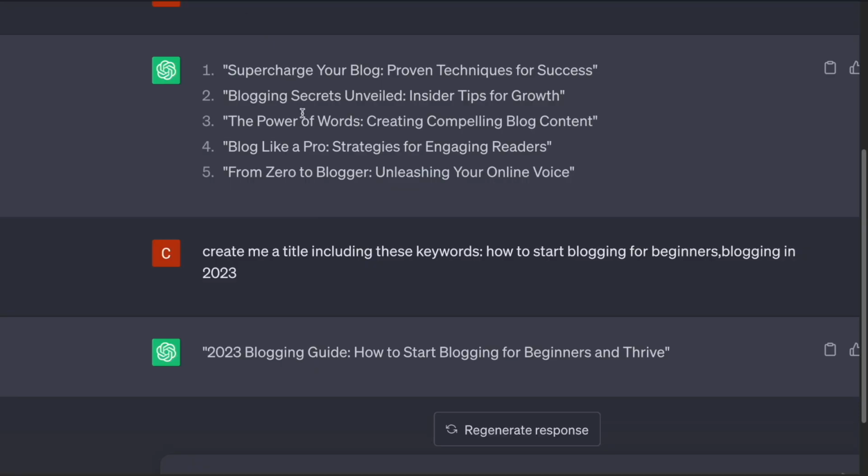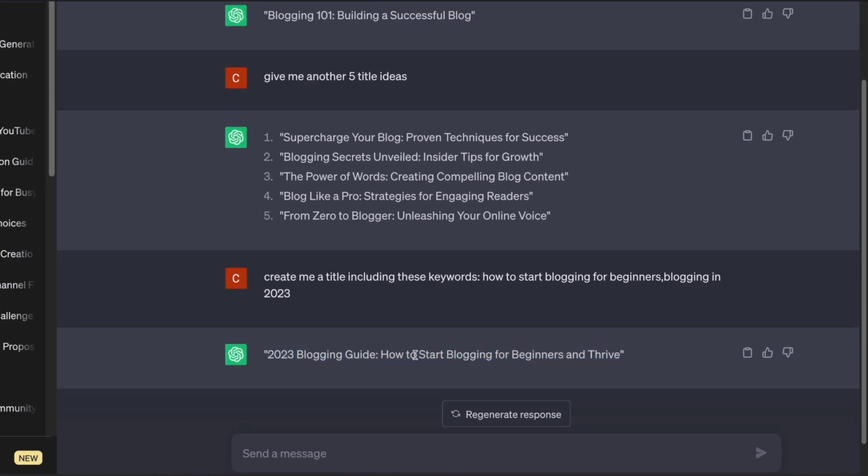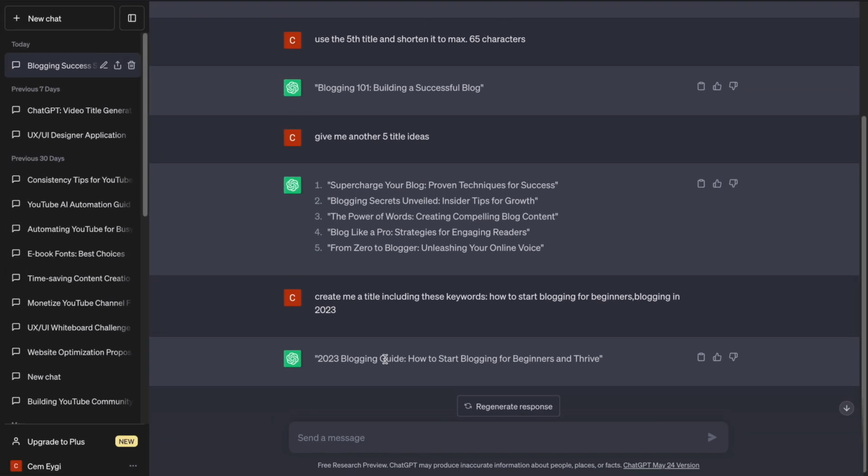Then you come back to ChatGPT, give it these keywords, and it will create a much better title that will also give you a chance to rank high on search results. So this can be a better way to create a title, using VidIQ and ChatGPT together.